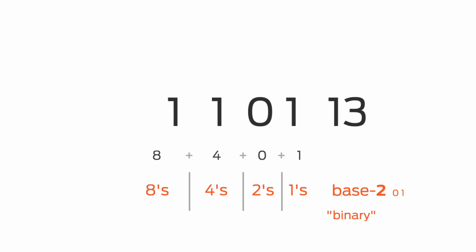To a computer, 1101 is the number 13. To be more precise, 1101 and 13 are the same number. One is written in binary and the other is written in decimal. In computer science language, each digit in this number is called a bit. So this number is a 4-bit number. It has 4 bits. An 8-bit number would be 8 bits long, and a 26-bit number is 26 bits long.